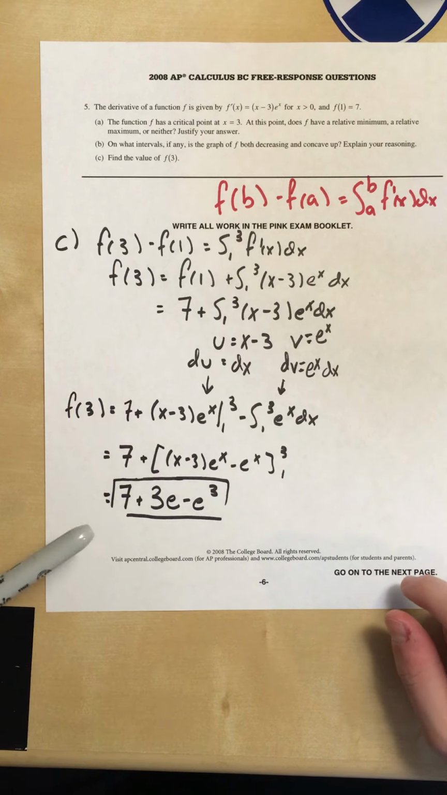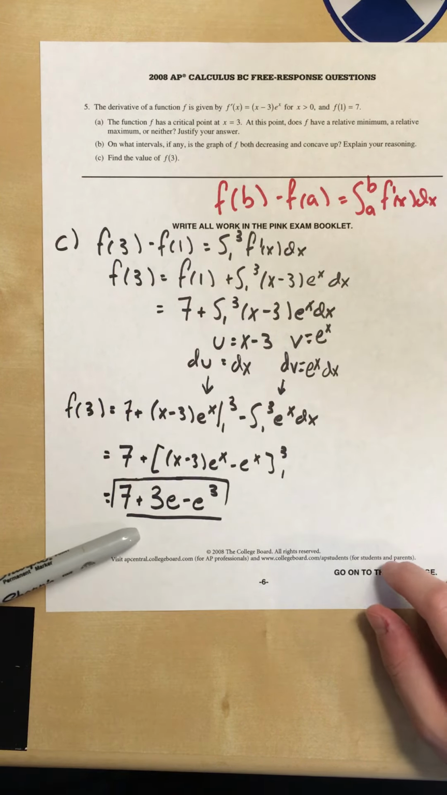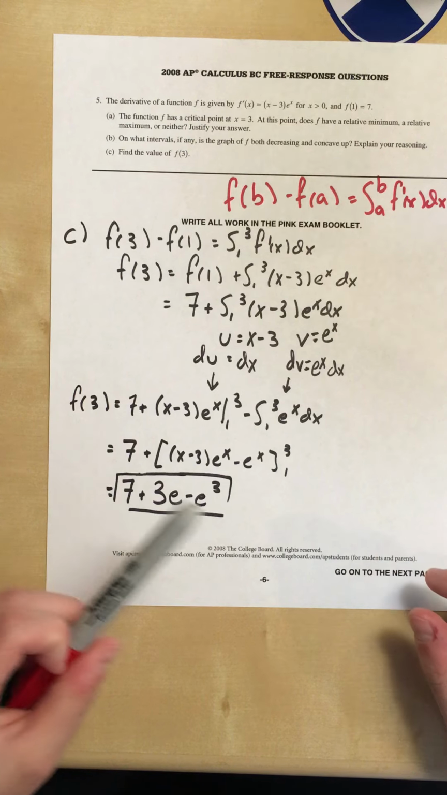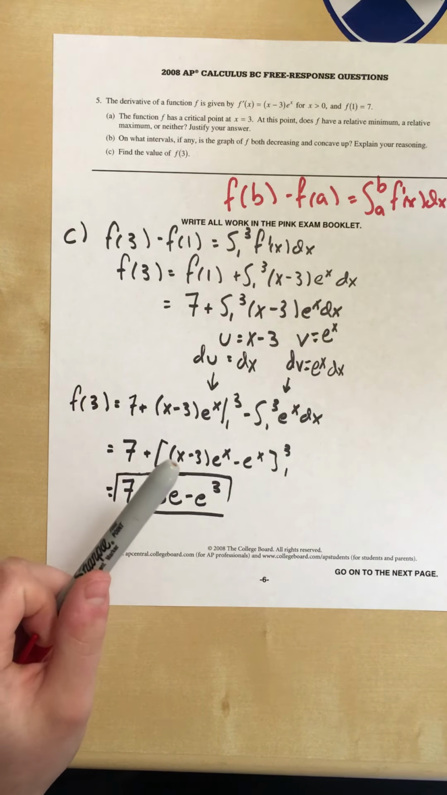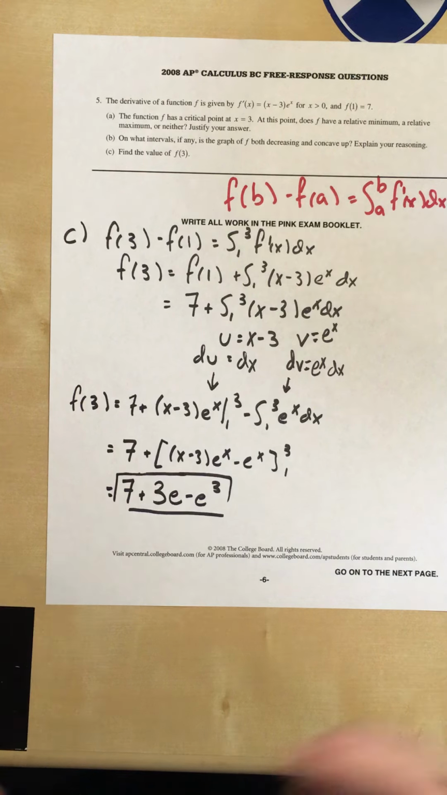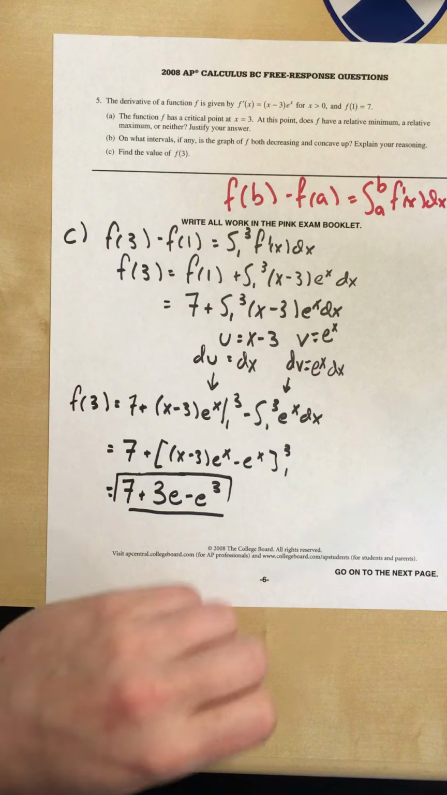You plug in the values, and you end up with your final answer as 7 plus 3e minus e to the 3. So that's basically how you do that problem. It's a pretty simple integral. You get 4 points for this last part